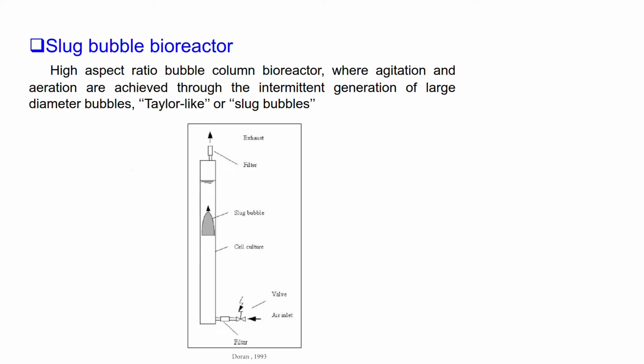On the edges of the bubbles there is a very thin film of liquid which is left adjacent to the glass column or the reactor wall. Through that thin film, which is adjacent to the bubble and the wall, the transfer between the liquid and the gas takes place. If you can see on the sides of that bubble, which is shown in filled grey color, these are called slug bubbles because they will create slug flow, slow motion, but you can assume it closer to plug flow, no boundary layers.